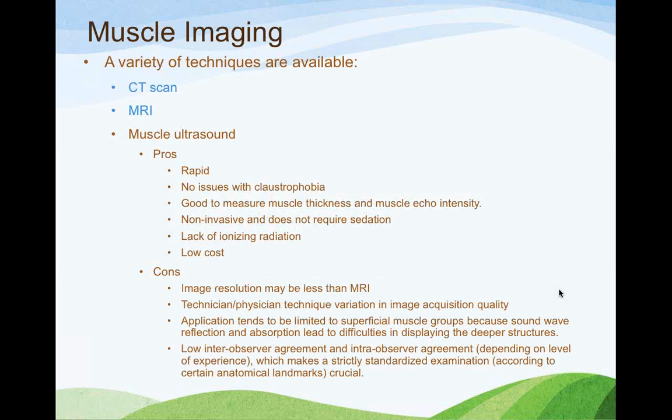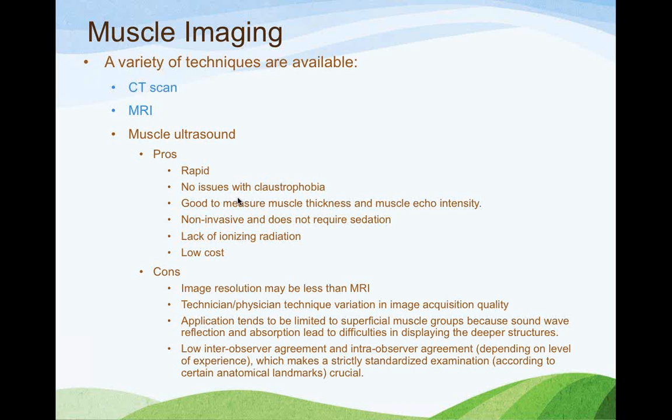So then we move on to muscle ultrasound. So the pros of muscle ultrasound is that it's a rapid procedure that you can do at the bedside. It basically just takes about 15 to 20 minutes of time. You have no issues with claustrophobia because if you do actually go into an MRI, if you've ever been in one, it involves you going into a tube. That's a pretty tight space, which can be uncomfortable at times and also can elicit some claustrophobic anxiety. It's a good